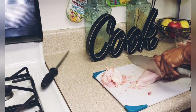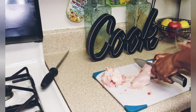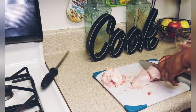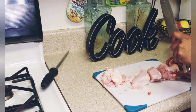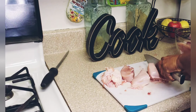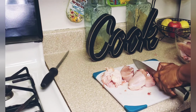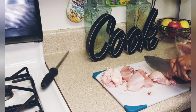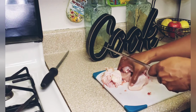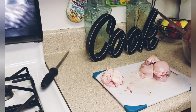And you can also start cutting it into smaller pieces like this. That's why I say you need a sharp knife, because you probably even need like a chopper, because it's kind of hard. And this is the breast. I'm just making it into smaller pieces because for curry I like to use small pieces of chicken. So we'll cut that like so, and I'll demonstrate to you how I do the